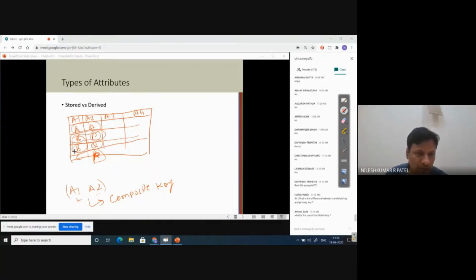See this, it is unique: when we combine the first and second attribute, it gives us AA, BP, BQ, and CP. So we find uniqueness here, and that is why we designate A1, A2 as a composite key. But ultimately, it is made up of two attributes, and that is why we call it a composite key.